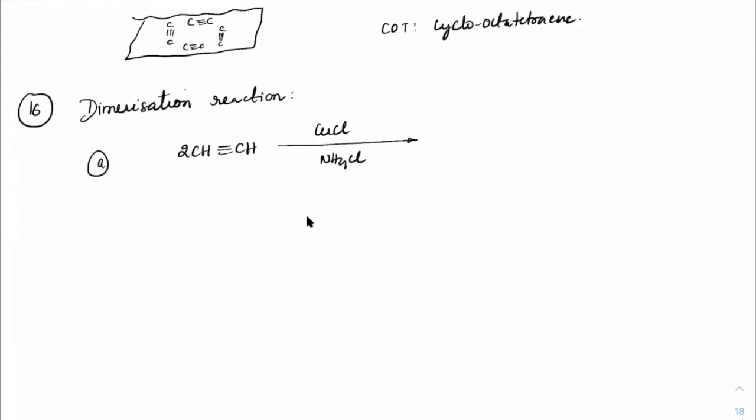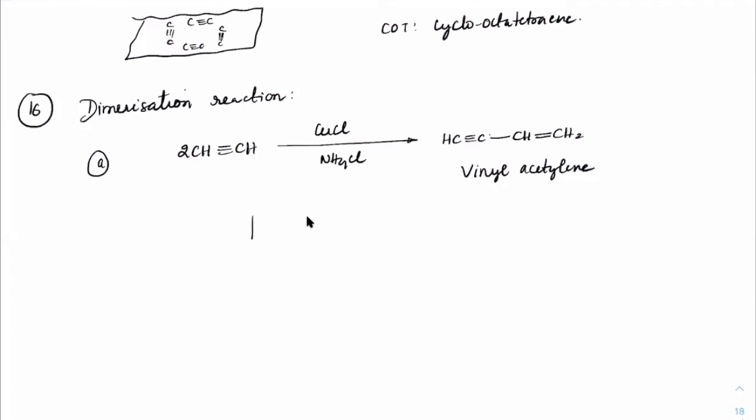So this would give us vinyl acetylene, which is HC triple bond C connected with CH double bond CH2. So this is vinyl acetylene. A vinyl group is attached on the acetylene. Correct. Now if you do the same thing in